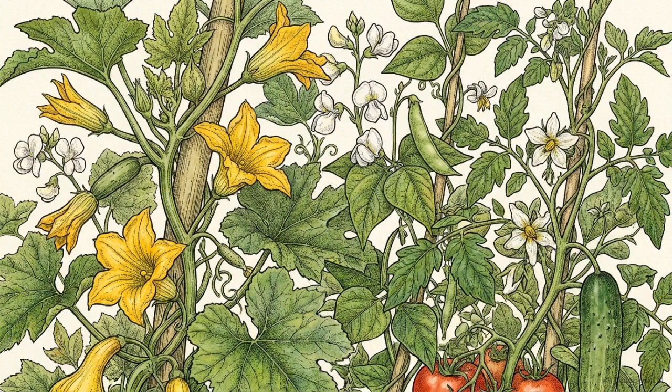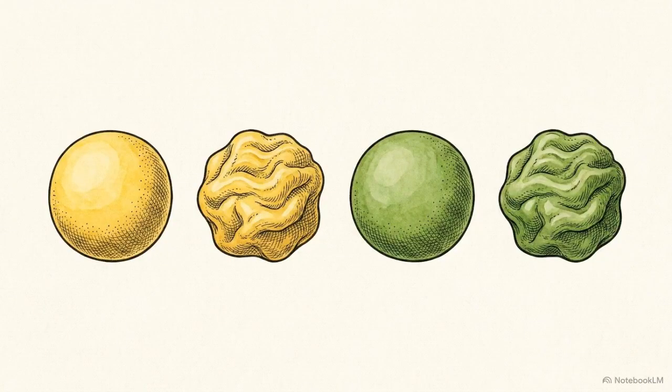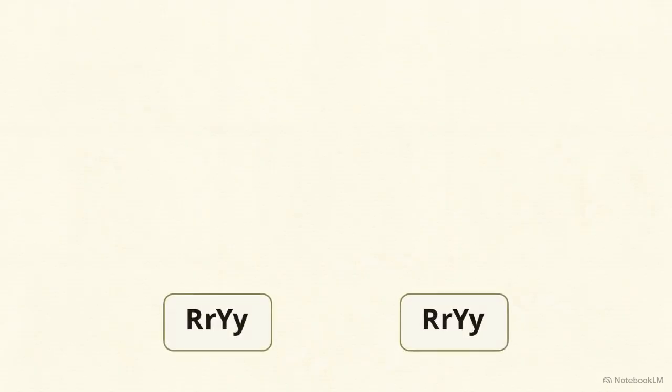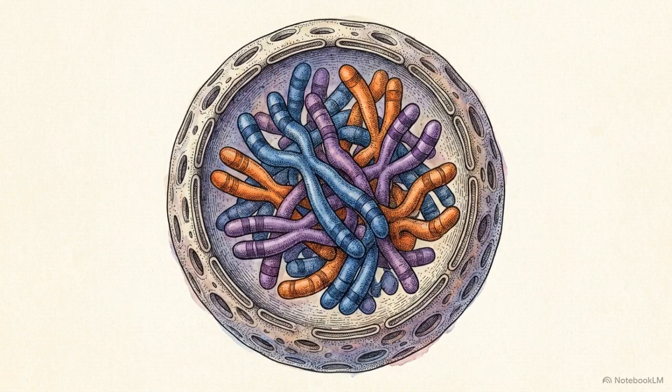Biology rarely operates one trait at a time. To analyze simultaneous inheritance, we use a dihybrid cross, tracking 2 distinct features like seed shape and seed color. The starting parameters for this cross require both parents to be heterozygous for both traits. Their genotype is RrYy. To understand how these traits interact, we look at an earlier stage of cellular division, metaphase